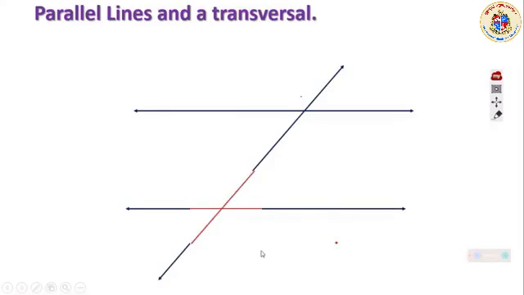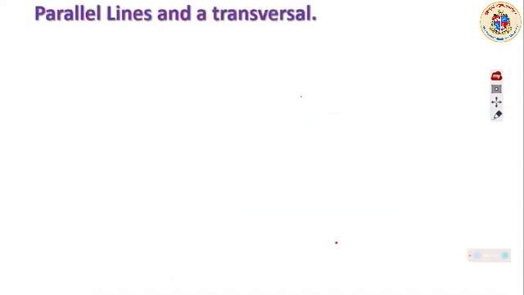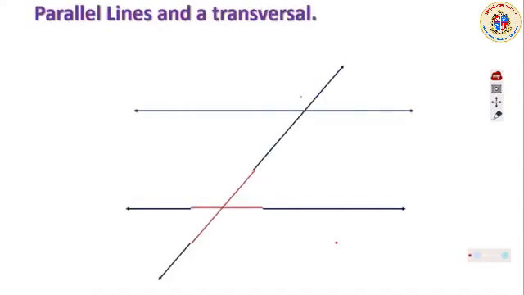The congruency of these angles can be simply illustrated by this particular copy-paste movement. You can just observe that the angles are exactly matching with the other set of angles. Understood? So this tells us that when such angles are formed, they are congruent to each other at both intersection points, which I would like to make clear to you.